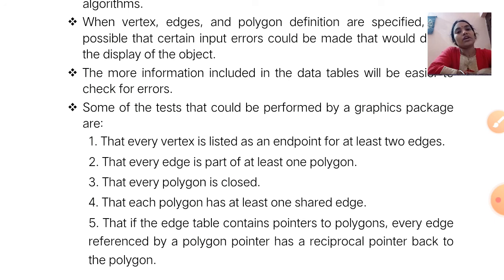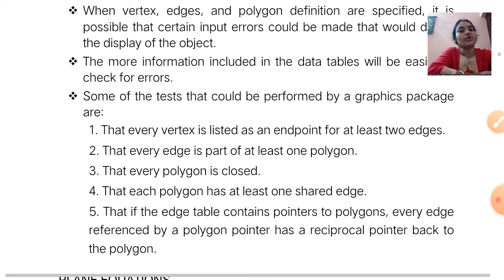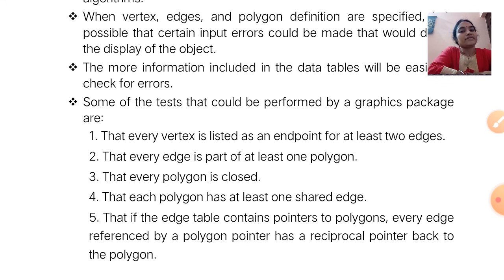Third, every polygon is closed and each polygon has at least one shared edge. All these things can be tested. And last, if the edge table contains pointers to polygons, every edge referenced by a polygon pointer has a reciprocal pointer back to the polygon.